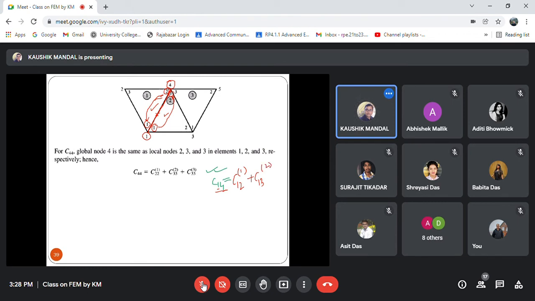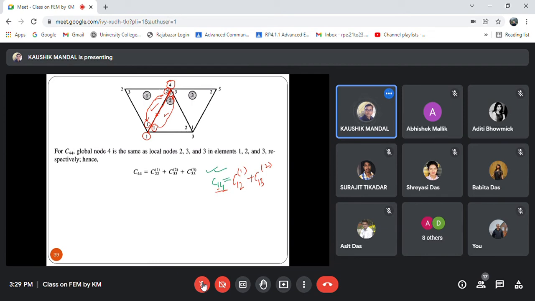Okay. So when we have to deal with the off diagonal element, then we have to consider the corresponding common line between the corresponding global nodes. When it is a diagonal element of the global coefficient matrix, then there is no problem. You just consider the corresponding node. You find out which elements are directly connected with the corresponding global node. Then you write down the corresponding element of the global coefficient matrix as per our discussion.